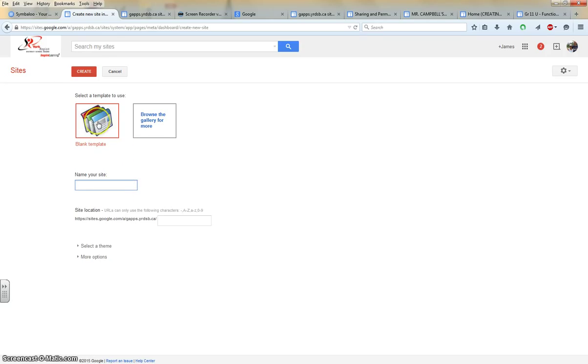They give you an option between a blank template or to browse from a gallery of pre-made, pre-populated websites where you basically would highlight information on a pre-populated site, delete it, and replace it with your own information. But since it's very simple to start with a blank template and create a Google site, we're going to start with that option. So if we give our site a name, or just classroom website,